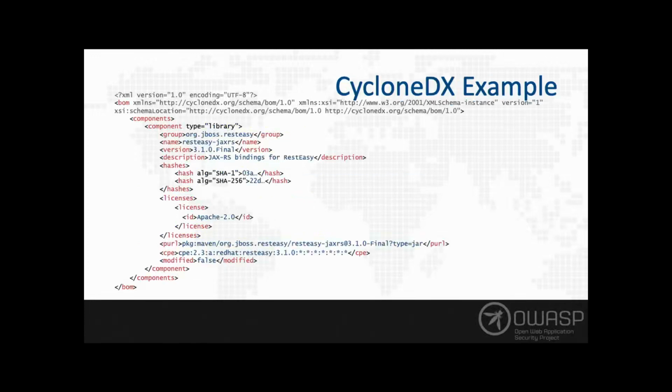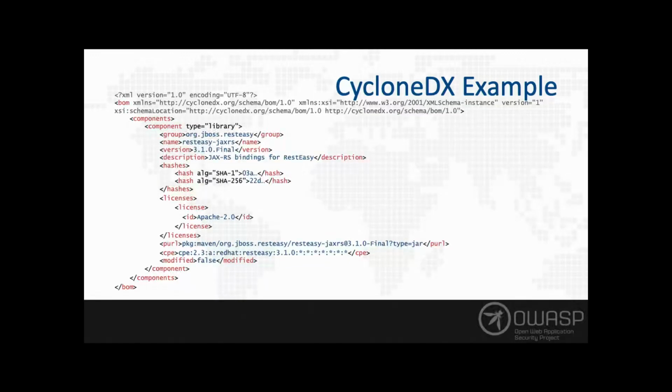This is what a bill of material actually looks like. For the sake of screen real estate, I only have 1 component listed here. But as you can see, this is a type of library. It's RESTEasy from the JBoss project. It's got a bunch of file hashes. It has the SPDX license ID. And then it has this thing called